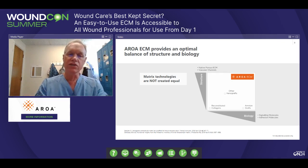So what we're looking at is structure and biology. There are plenty of products that have a lot of structure. There's plenty of products that have a lot of biology. To get both structure and biology in the same product is rare. And that's where Myriad, which I use in the operating room, and antimicrobial Endoform or other Endoform functions, because we've